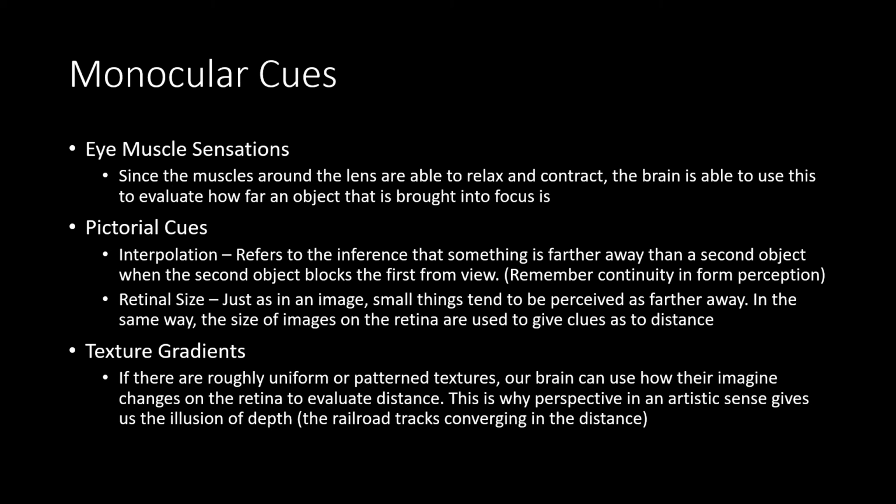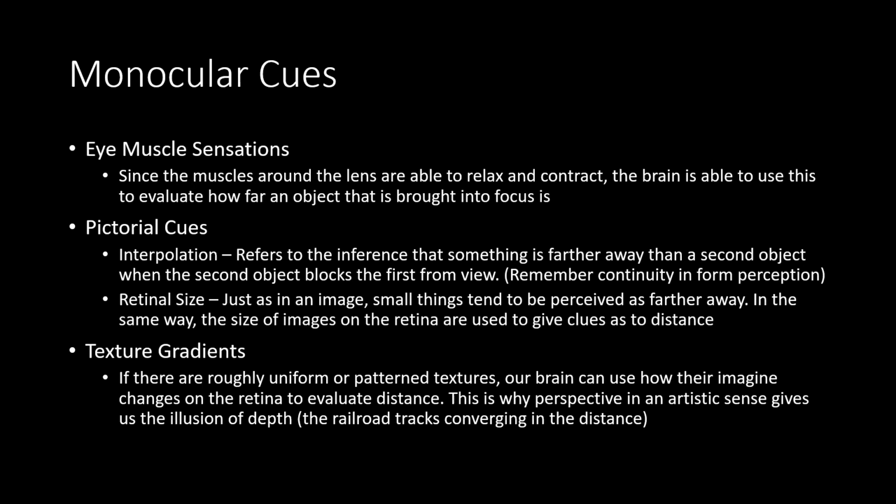Moving on to monocular cues, these, just like the name suggests, rely only on one eye. The first is eye muscle sensations. These are referring to the muscles around the lens in the eye, and as they relax or contract, adjusting how thick or thin that lens is, allowing it to focus light onto the fovea, it can use information about how much the muscles are engaged to give an estimate of how far away the object is that is being focused